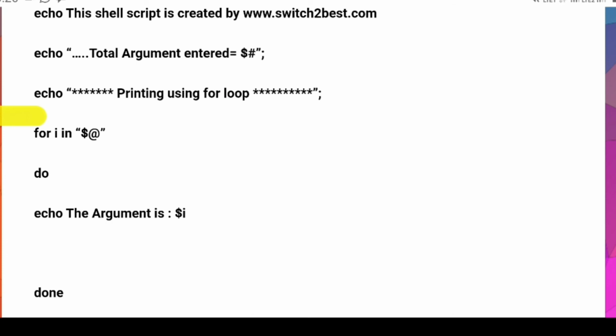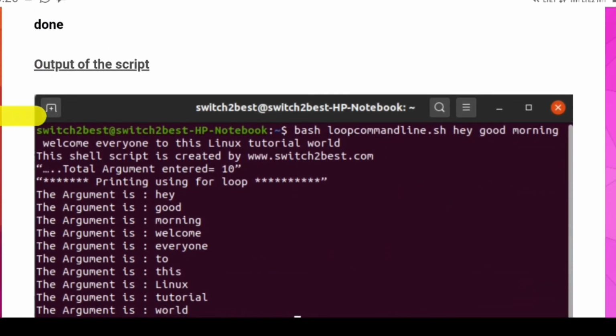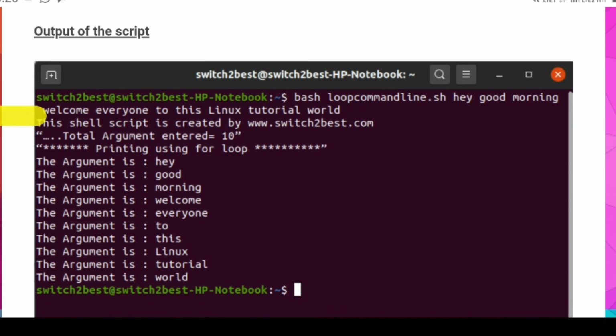The argument is $i, where i means iteration: first argument, second argument, and likewise it will show all the arguments. Let's see the output of this program. Yes, this is the output.